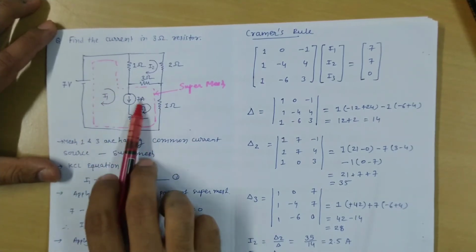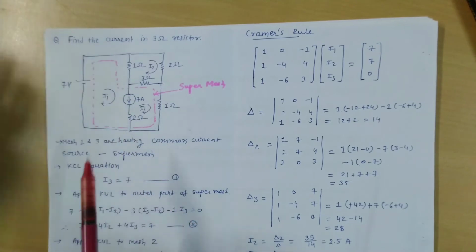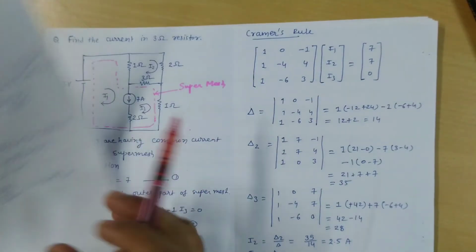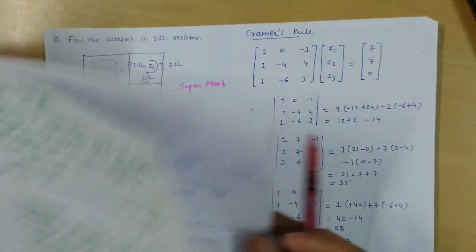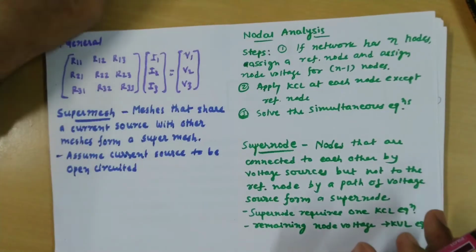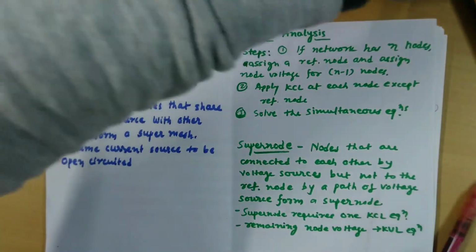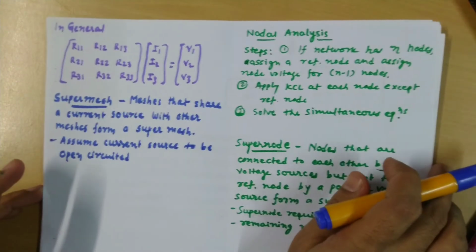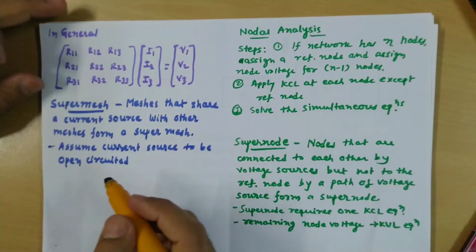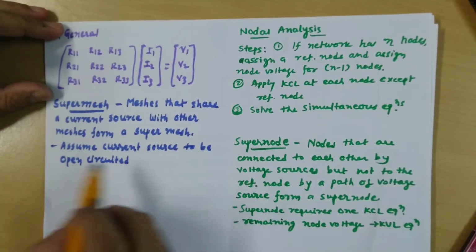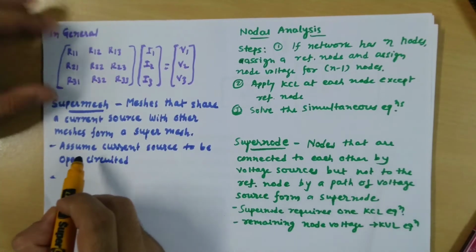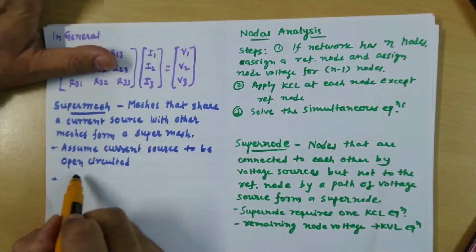So this is a super mesh, and to solve the super mesh, we assume current source to be open circuited, and the super mesh requires one